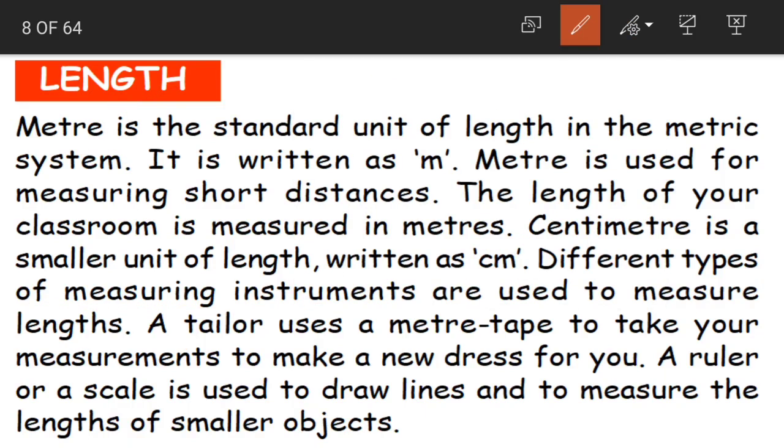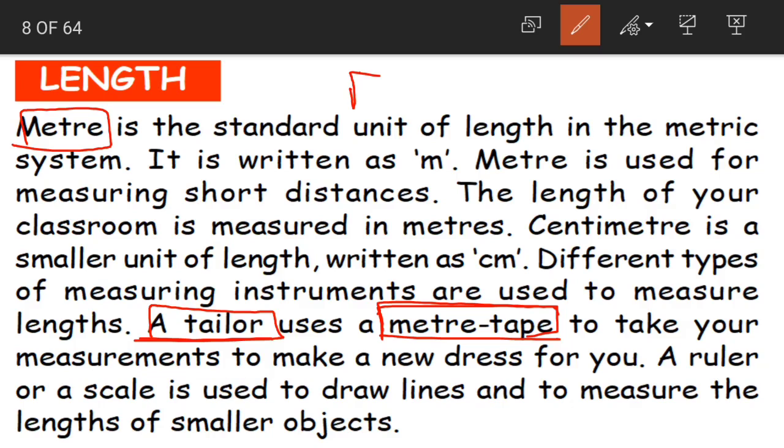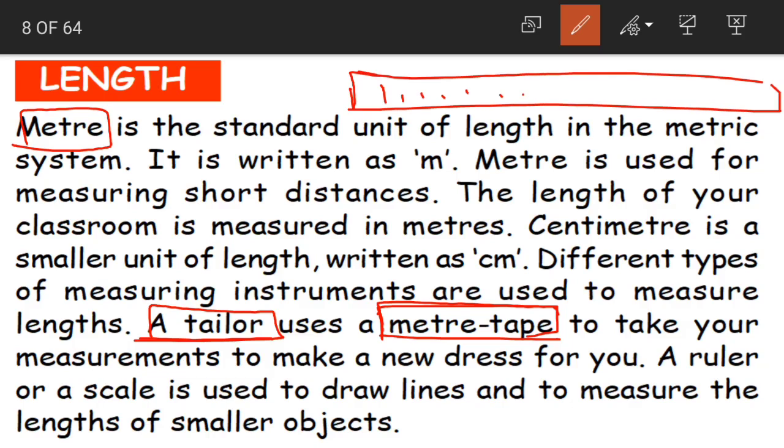lengths. For example, when we come to meter, when we go to a tailor, the tailor uses a meter tape. Again, if you have ever been to a tailor shop to give your measurements, the tailor uses a meter tape, children. It would be like a scale only with markings on it, but scale will be stiff, right? We cannot fold the scale. But this meter tape will be like a ribbon with markings on it. After using the meter tape, the tailor folds it like this and he keeps it. Okay, understood? Meter tape is like a ribbon which has markings on it.